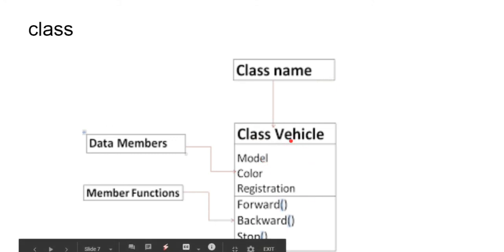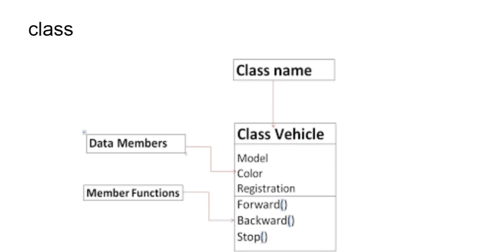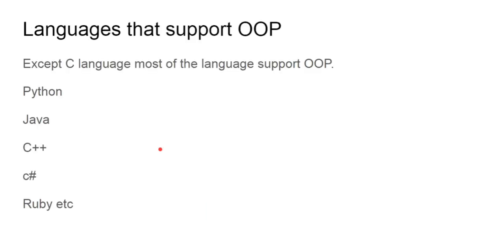These are very important representations for displaying the class in graphical view: a class contains the class keyword and the name of the class. So here we have the class keyword and vehicle. They have data members and member functions. We will explain classes and objects in detail in the coming tutorials. Here we just give you an introduction to